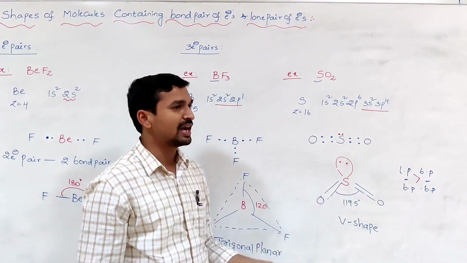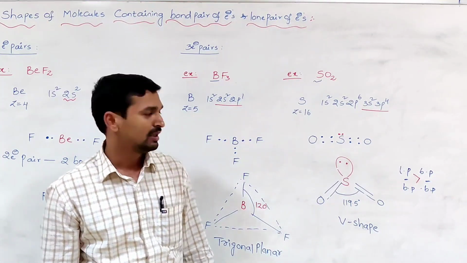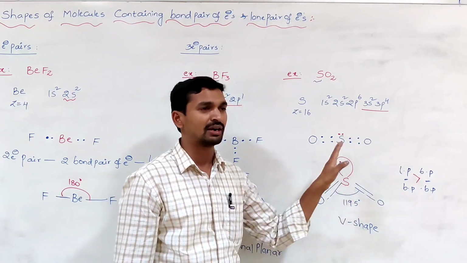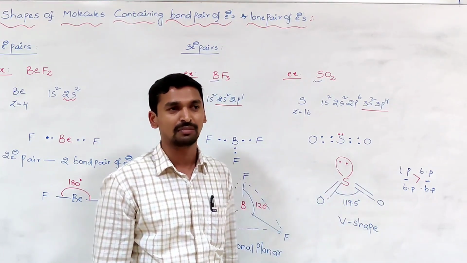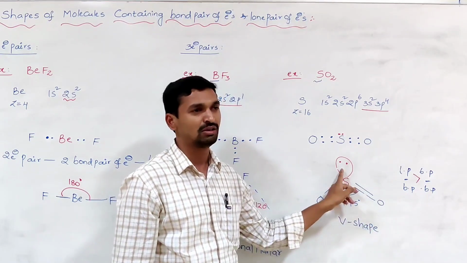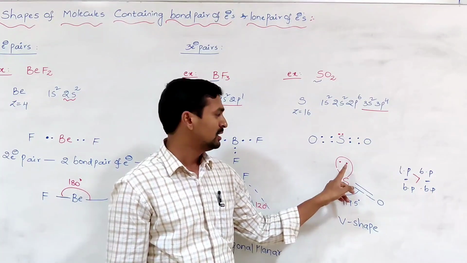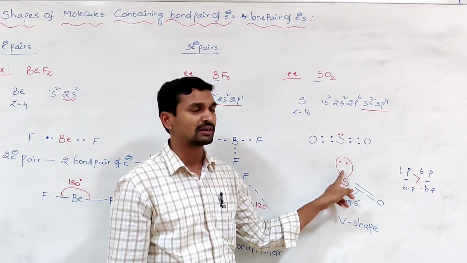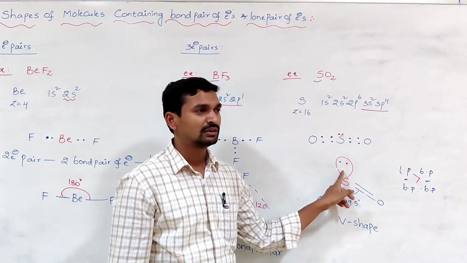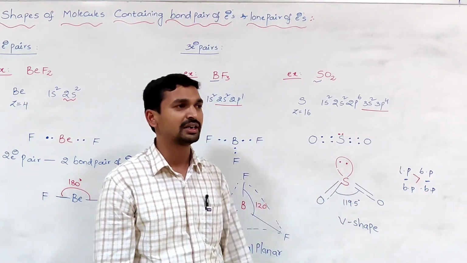Generally, there is a possibility of one more question. Why does the sulfur dioxide molecule have a V shape instead of trigonal planar? In the sulfur dioxide molecule, three electron pairs are present around the central atom. But out of the three electron pairs, two are bond pairs and one is a lone pair. According to valence shell electron pair repulsion theory, due to the presence of a lone pair of electrons on the central atom, in addition to the bond pairs, the regular geometry is distorted.